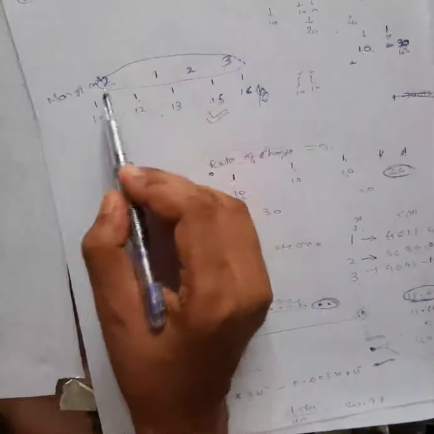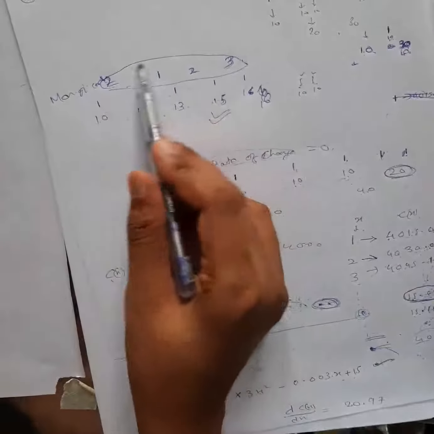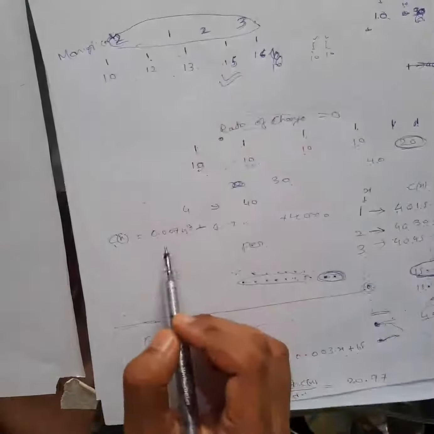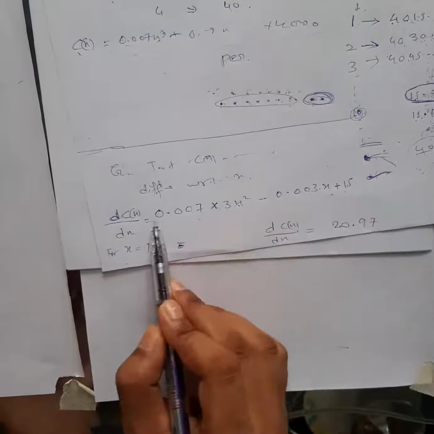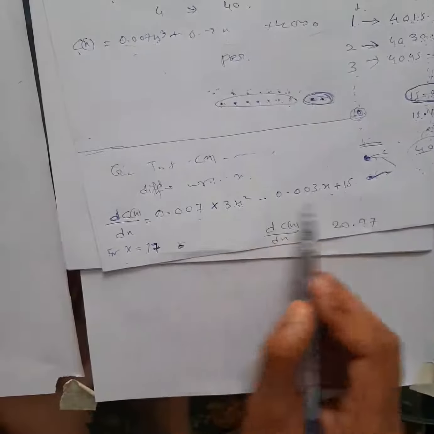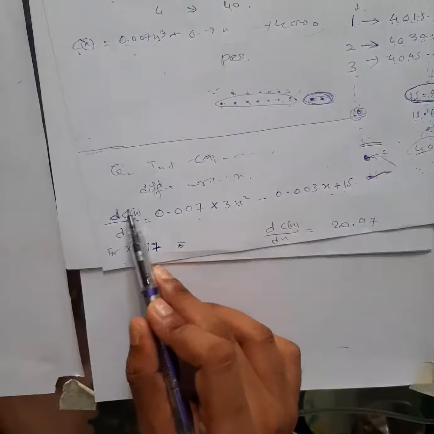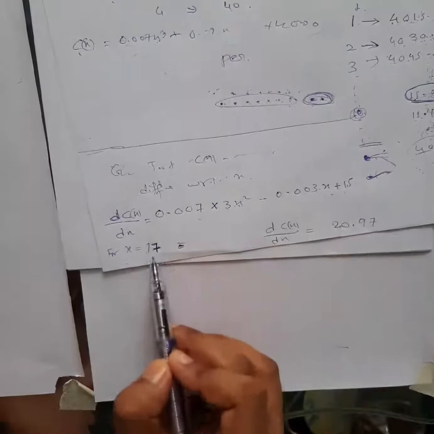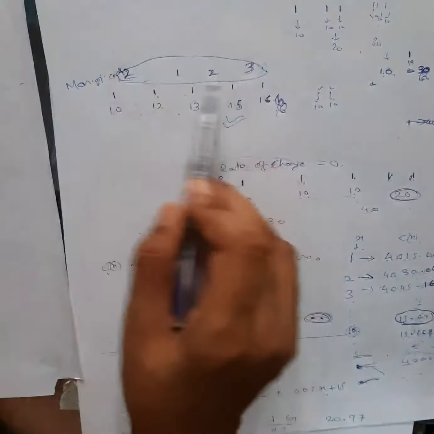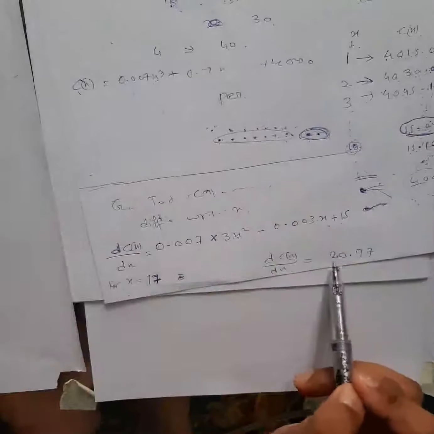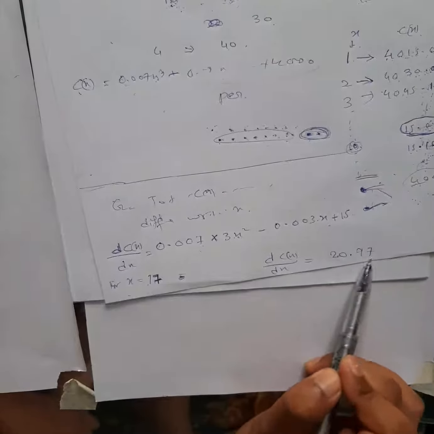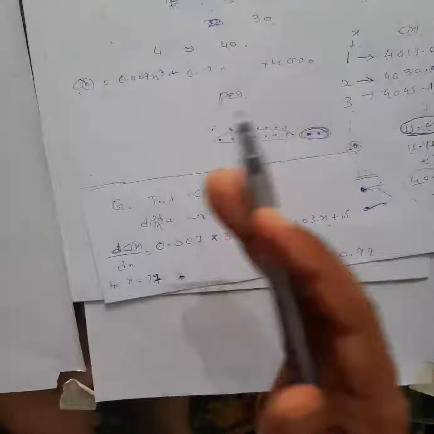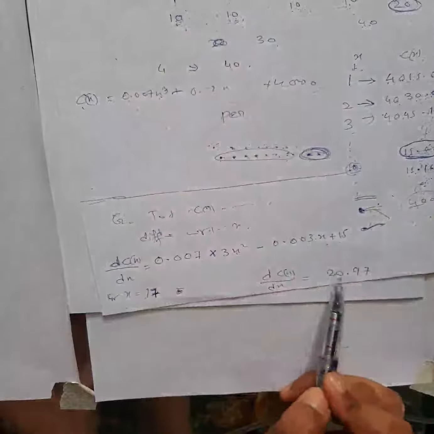Try to understand with this example, this question. Okay, so I told you, when you buy 4 products, what will be the marginal cost? It will be this one, like this. Same way we have to find out in this case. So for that, whatever the total cost was, first we find out the rate of change. For the total cost, the rate of change we got this much. So for 17 products, what will be the marginal cost? Like for 5 products, this will be the marginal cost. Same way we have to find out the marginal cost for 17 products. This is not total cost, remember, this is just the rate of change in the price.